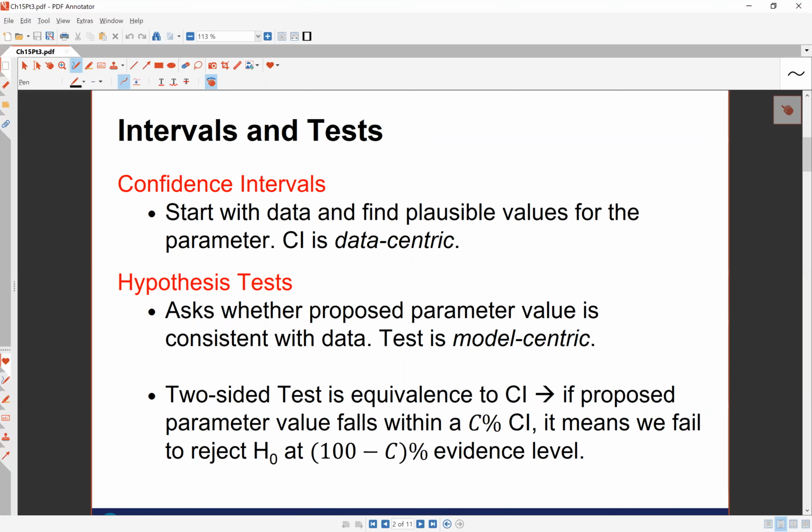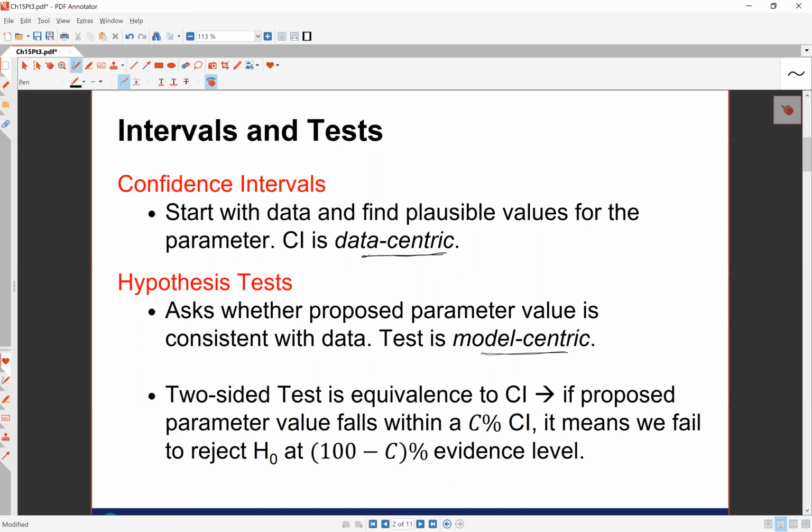When you are using a confidence interval, your starting point is the data. The data drive everything that you do with a confidence interval. You don't start with any preconceived notions of what you would expect to see. You just let the data guide you, and you have a formula that you plug data-related values into. And therefore, we think of a confidence interval as a data-centric quantity. Whereas with hypothesis testing, we think of it as a model-centric